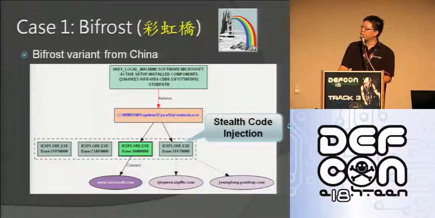This one is a very famous bot that is used in the Chinese hacker community. And its Chinese name is Rainbow Bridge. The phrase actually comes from its icon, so you can see the icon is a rainbow bridge. So that's its Chinese name. And this Bifrost,